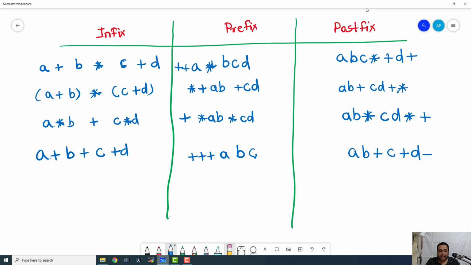So this is all about infix, prefix and postfix expressions. We mostly use prefix and postfix in computer programming because it is easier for a computer to understand the priority and precedence of the operations in an expression, and it is easy for it to evaluate that particular expression if we present it in the prefix or postfix format. In prefix or postfix format, we don't have to use parentheses. The position of the operators and operands here is enough for communicating the precedence and associativity of the operators for the entire expression.